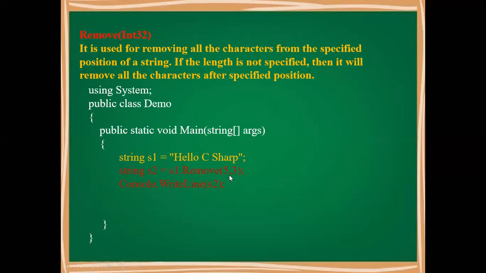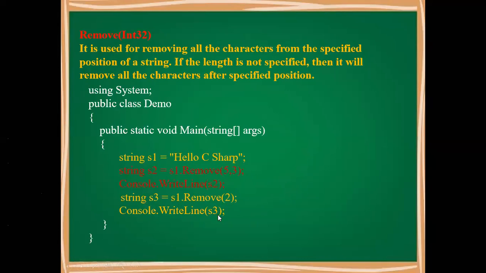Okay, so that's how it will start with empty space plus C plus empty space. So that becomes the fifth position, say three next letters. So when we are going to print this S2 after assigning this value, it will give us hello sharp. So the space before C, the C and the space after it, these three characters were removed here. Along with that, if we are writing S3 is equal to S1 dot remove 2, then from the second position all the words ahead will be removed.